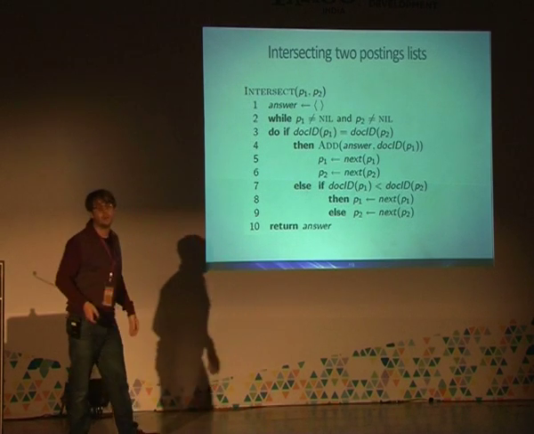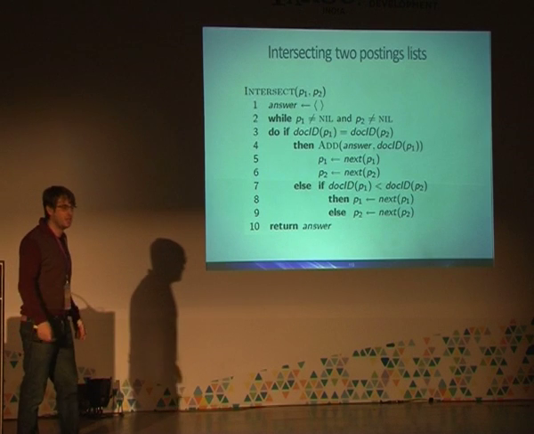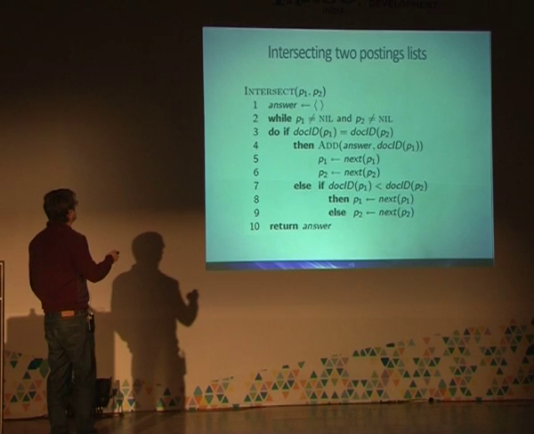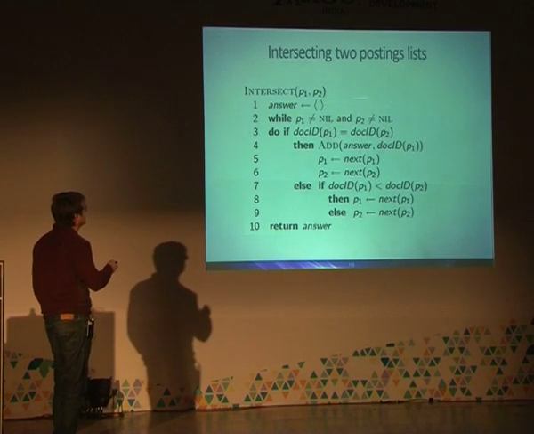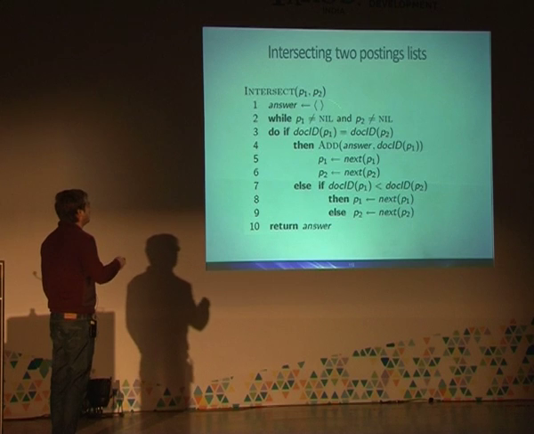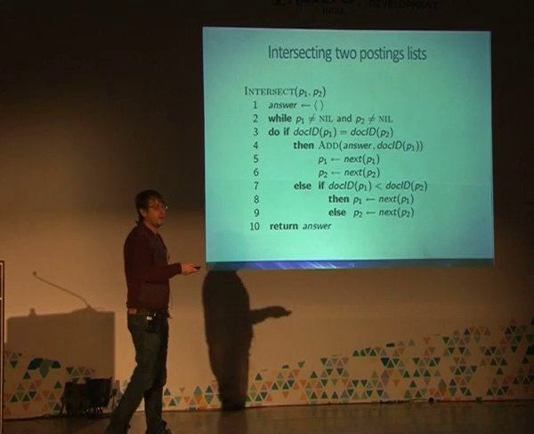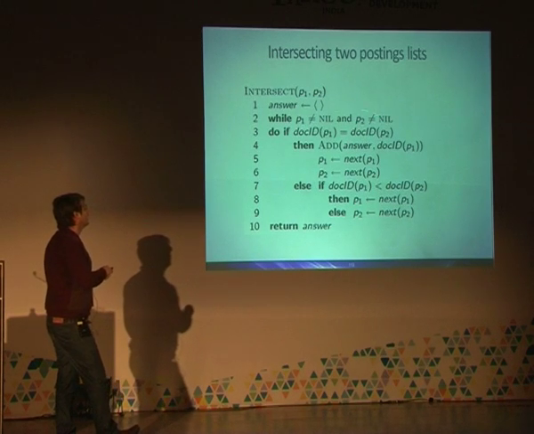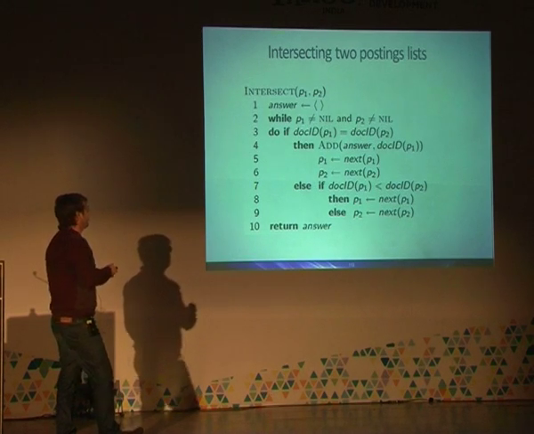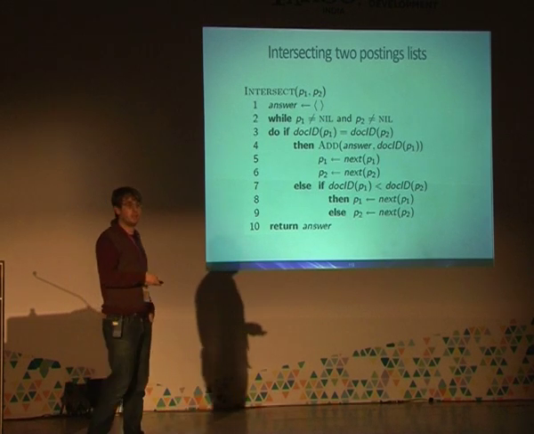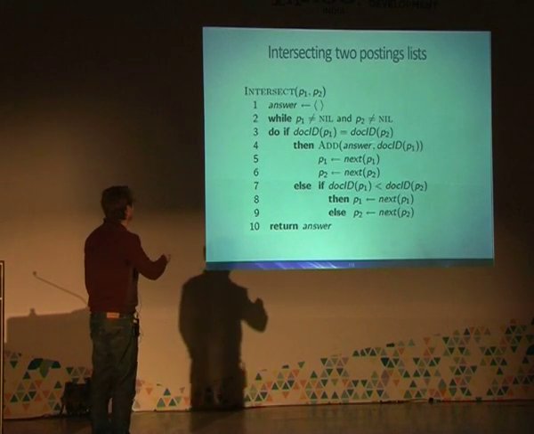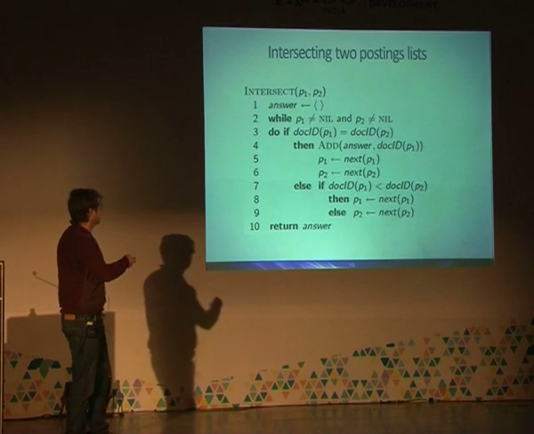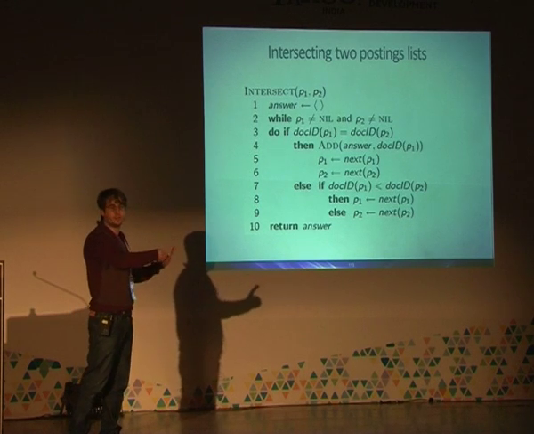So this is the algorithm for this intersection. Now, of course, it's not as simple as this, but this is the basic idea, right? So you open these 2 posting lists, P1 and P2, and you iterate until you're done with one of the lists. And whenever you find the same doc ID in both posting lists, you put it into your result set. You have a structure, a queue, whatever, you put it there. And then you advance the pointers. And otherwise, you advance the lowest pointer.